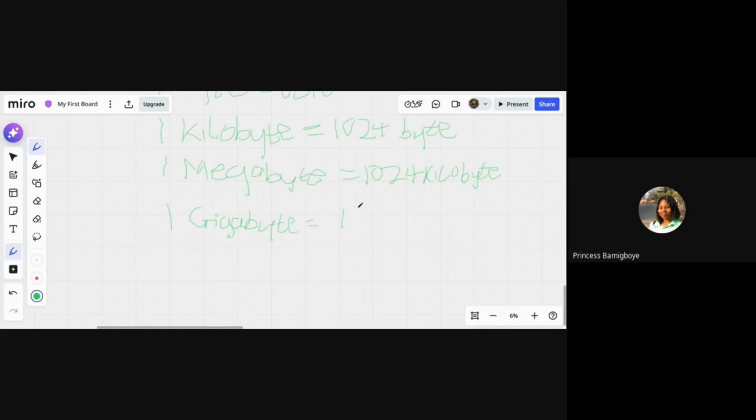One gigabyte is 1024 megabytes, or MB, because writing it out seems very long.